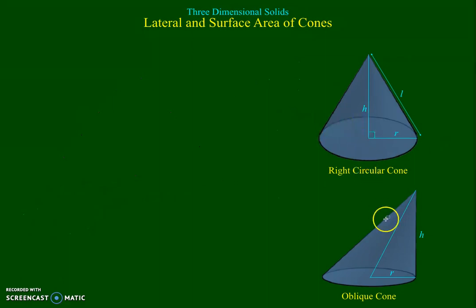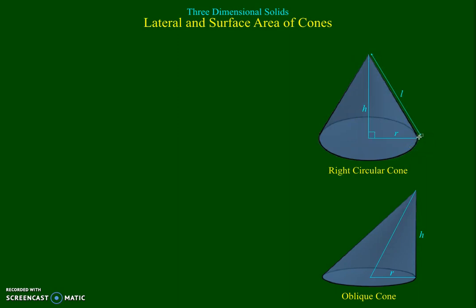Here we have two cones. The top one is what's known as a right circular cone, and it's called a right circular cone because the segment from the vertex of the cone to the center of the base, we'll call that the axis, is perpendicular to the base. That is a right circular cone, and it's a circular cone because the base is a circle. This would be the radius, this would be the height, the axis length is the height, and this is the